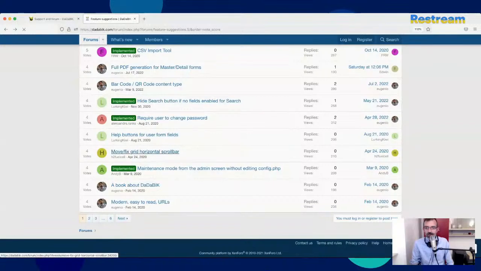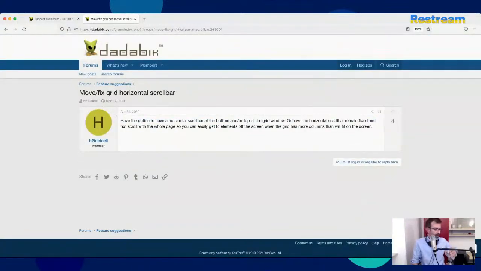I don't remember this one. Let me read. Fix horizontal scroll bars. I think we already have this. In the config file, you can choose among 3 different settings for the grid.